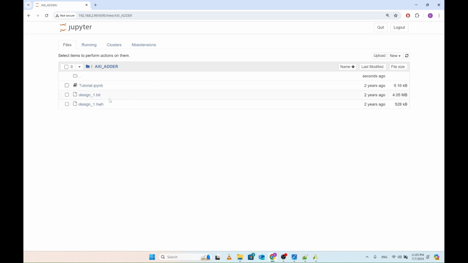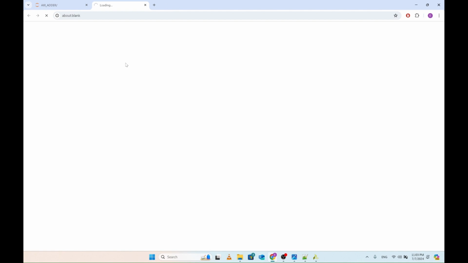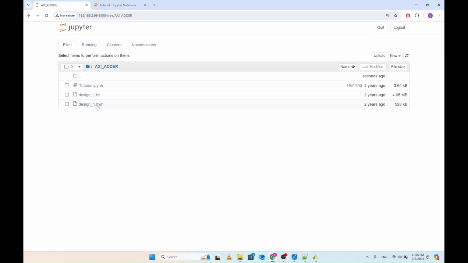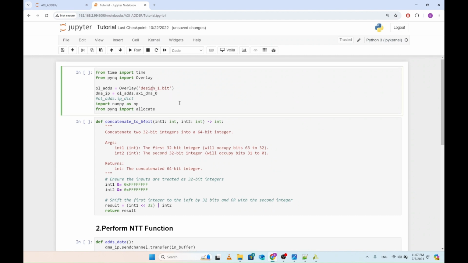And I have already created a Python notebook to test out the functionality of our adder. I'll show you. Now that my Jupyter notebook has loaded, as you can see, as I mentioned, I already have my bit file and HWH file by the name of design_1. So now in our Python code, first thing we need to do is